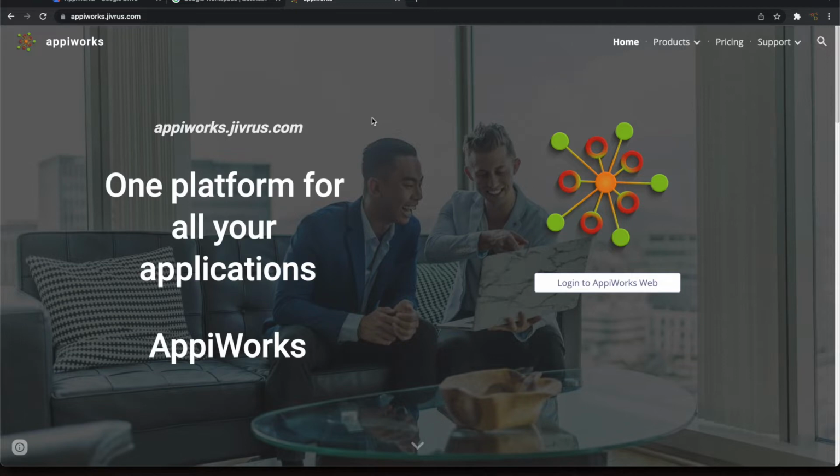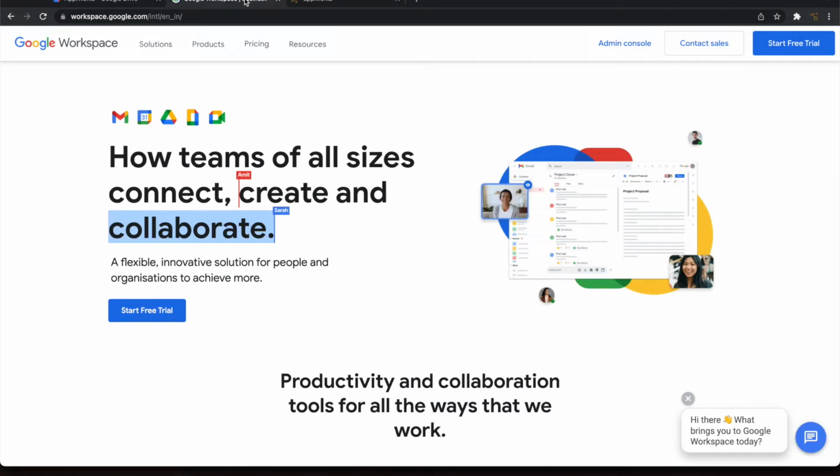AppyWorks add-on for Google Workspace is a gateway to the AppyWorks platform from Google Workspace. Google Workspace, as you know, has several apps like Google Docs, Sheets, Slides, Forms, and others. While the Workspace apps are very essential, in practice, you need several other applications also to run your business and profession successfully. You need a smart way to interoperate from Workspace apps with several other apps outside the Workspace without much of a context switch.